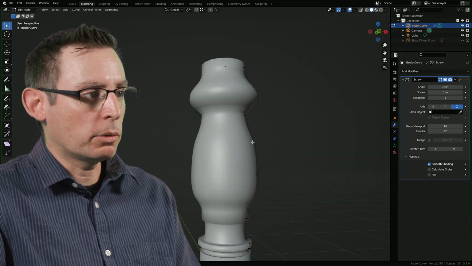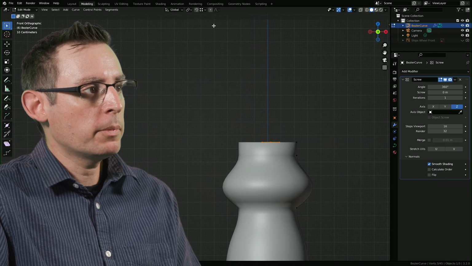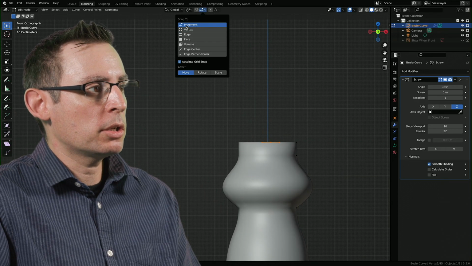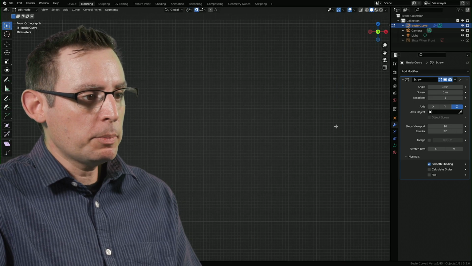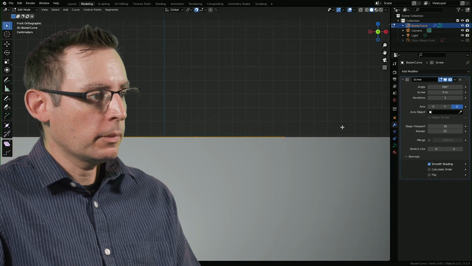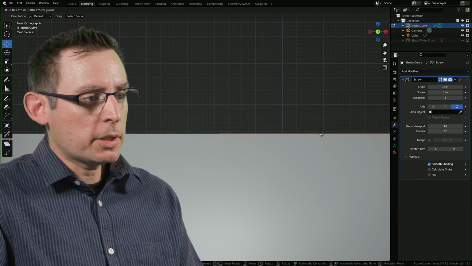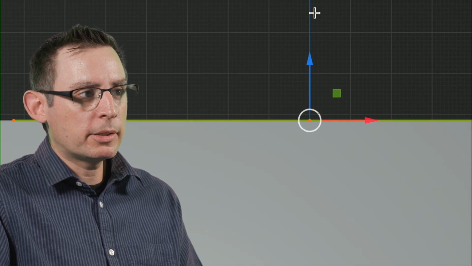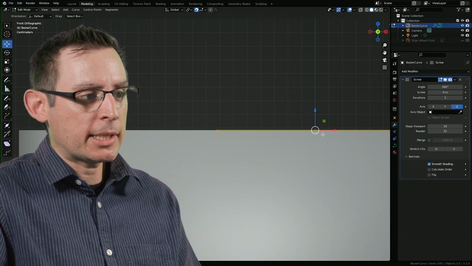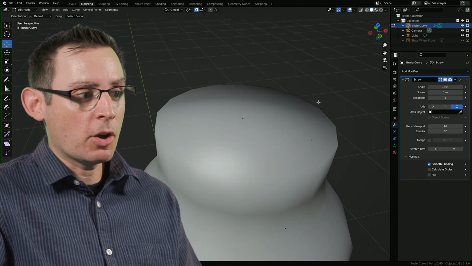Let's go ahead and fix this real fast. Luckily for us, it's an easy fix. Examine our scene from the front. I'm going to go into my snap options, turn it to increment, which is our grid snap, and activate the snapping engine. And simply spacebar G to fire off the move tool. I'm just going to snap that point right there. Now that that control point is in the center, here's the axis line, the center of my x-axis, the hole we had at the top is now in fact gone.